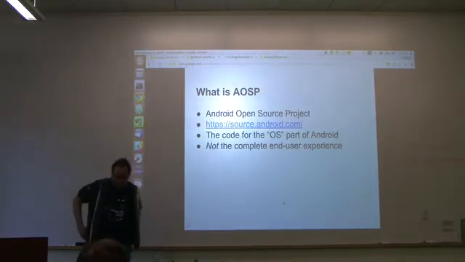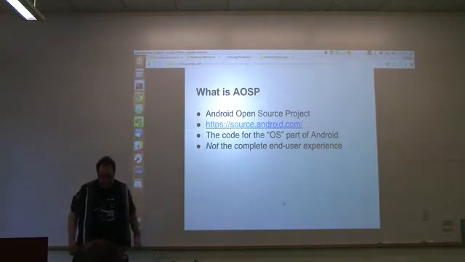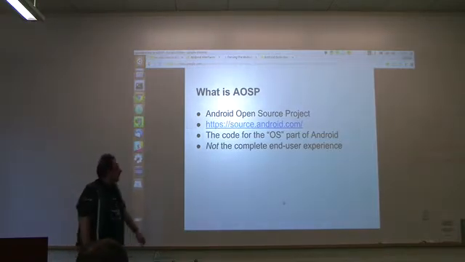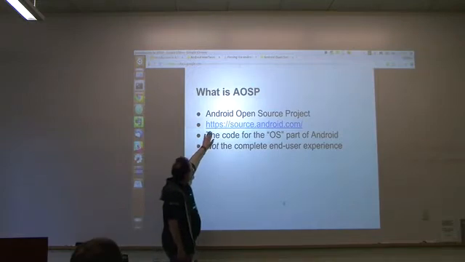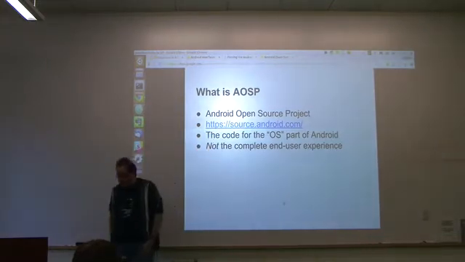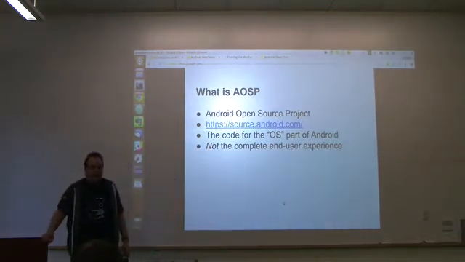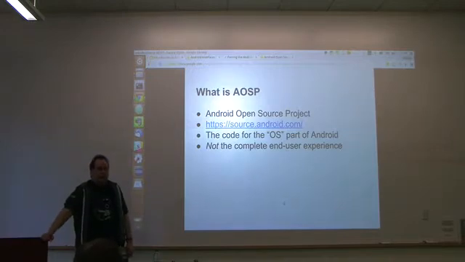All right, so AOSP is very straightforwardly the Android open source project. It is hosted at this website here. And the idea behind AOSP originally was